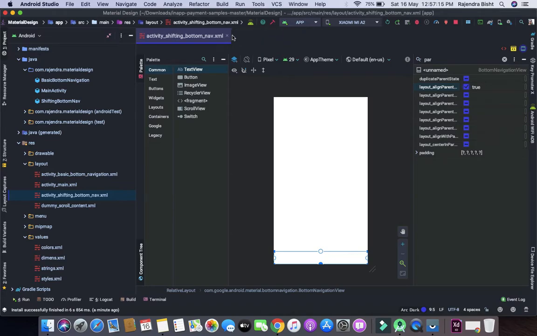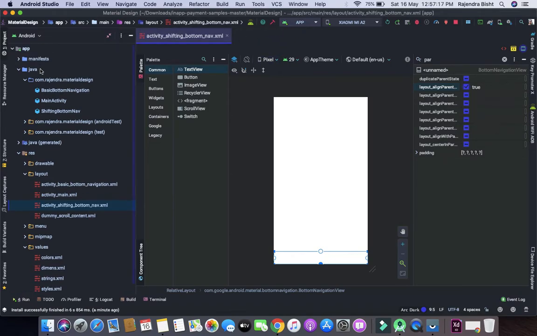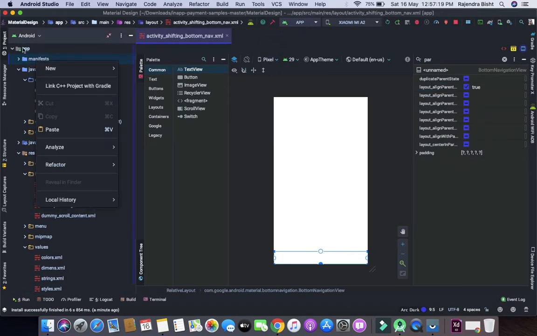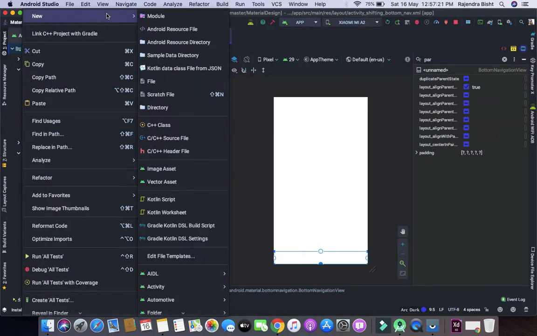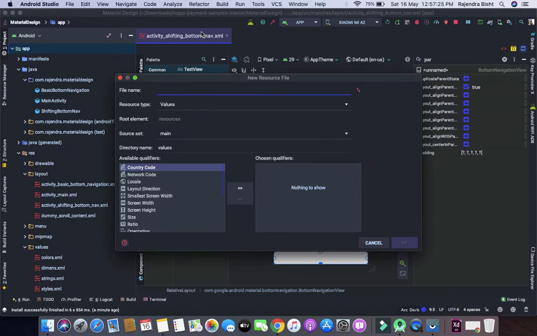So now we will add a menu file. Let's right click, add an Android resource file. Let's say shifting bottom nav.